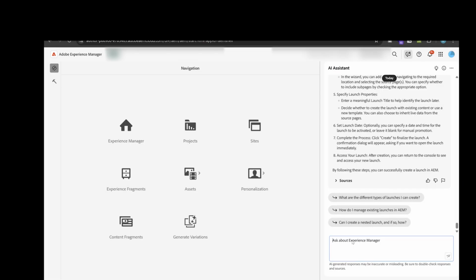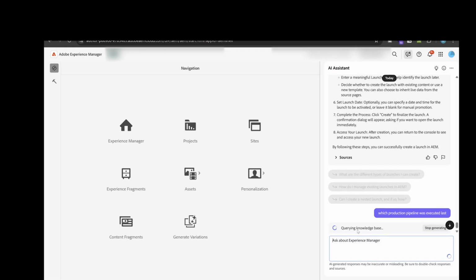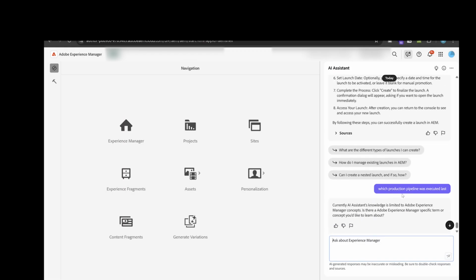Let's talk about some Cloud Manager. Which production pipeline was executed last? Okay, so when I'm asking to pull out some information related to production pipeline, it was saying there might be some limitation or maybe my contract agreement. It is not providing that. However, if I'm saying I need to create a new RDE environment,